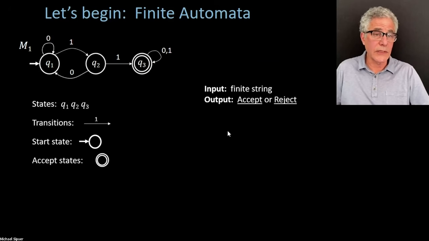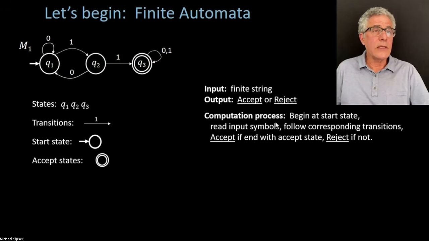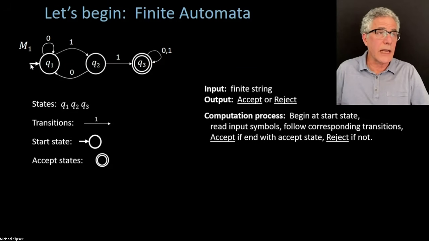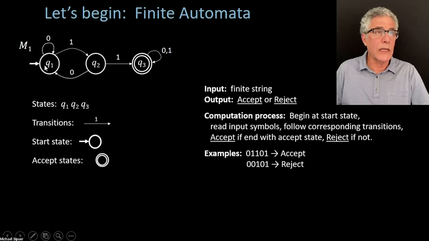We might have other types of symbols that are allowed for other automata, but the example that I have here is going to be zeros and ones. And the way you compute with the thing is you first put your finger, which I can't do on Zoom, so I'm going to use the pointer. You put your pointer on the starting state, the one that has the arrow coming in from nowhere, and then you start reading symbols from the input, one after the next. So let's take an example here: 0, 1, 1, 0, 1. You start reading those symbols, and you follow those transitions.